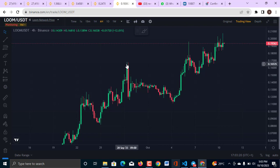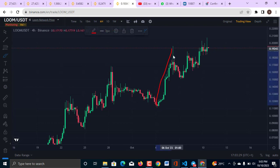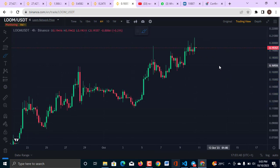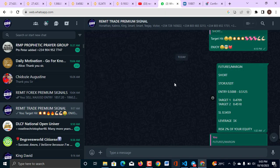So we see a significant retracement from here to the downside. The market moves again, and from the Elliott wave pattern, the market has moved 3 times. Say the market moves the first time, retraces, second time, retraces, third time, the market is going to have a significant retracement before any further move to the upside. So I am now considering a short position on Loom to the downside from this very area, and accurate market timing is required. Once I get that confirmation, I will drop that signal in the premium signal group right here